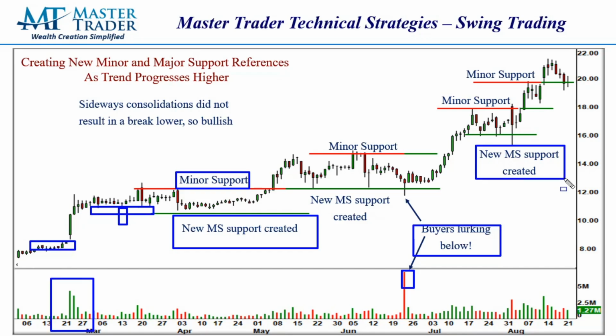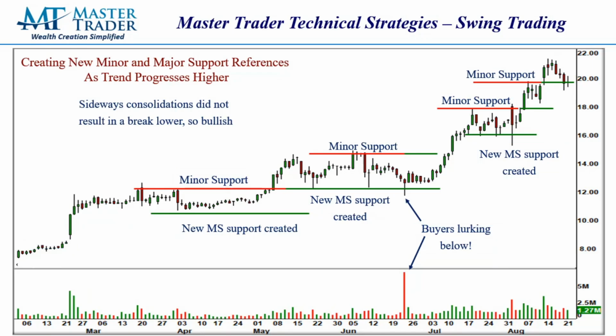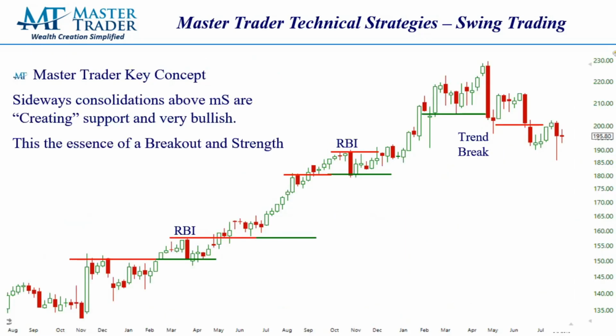Same thing here. New major support is created here on that pullback and prices push up higher. And as they do, minor support pushes higher, minor support. As I've said numerous times, we just continue to repeat the process continuously. Master Trader key concepts: sideways consolidations above minor support are creating support. It's very bullish, and it's the essence of a breakout and strength